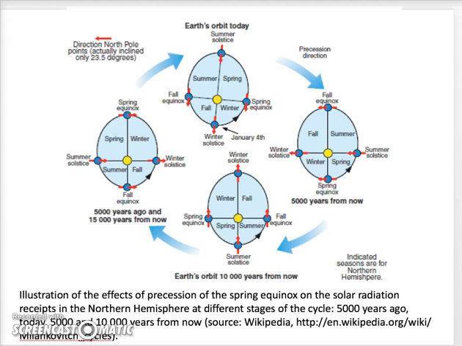The axial tilt and the precession of the equinox together give rise to seasonal variations in incoming solar radiation of about 10%, while the effect of eccentricity is only about 0.2%. The three orbital effects were described quantitatively by the Serbian astronomer